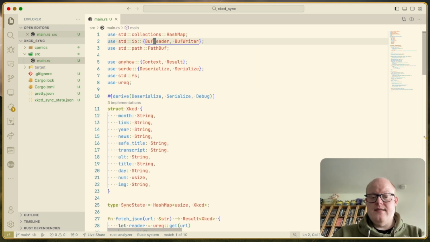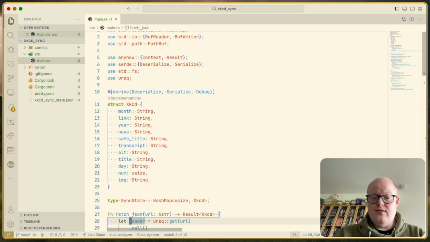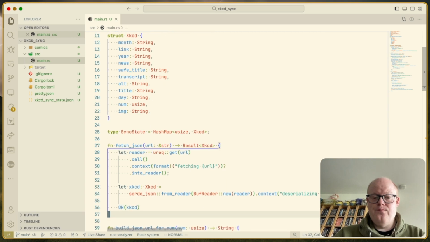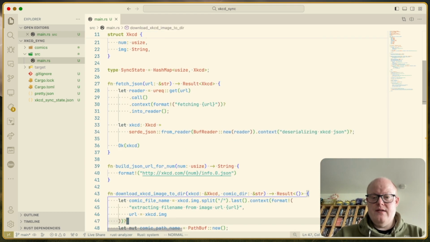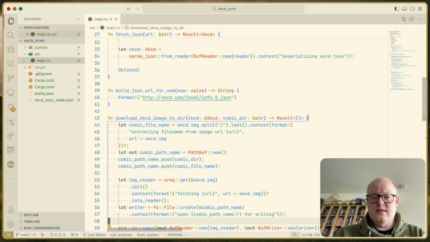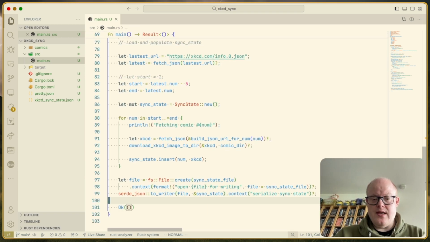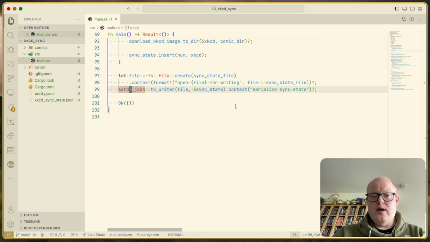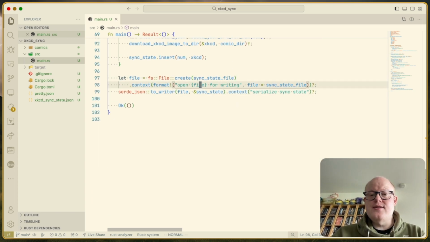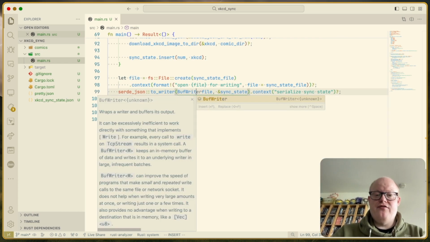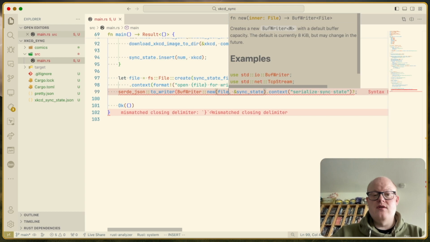And then, do we have some other reader in here? There we have already the reader. I guess that is, wait, we had another writer down where we created that file. So to writer, buff writer, new file,